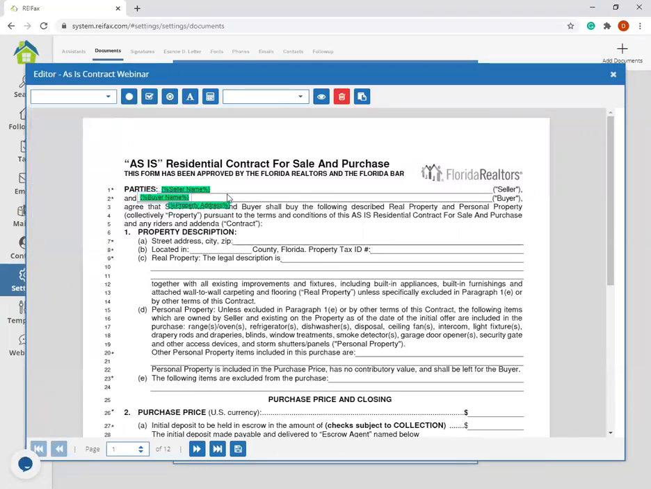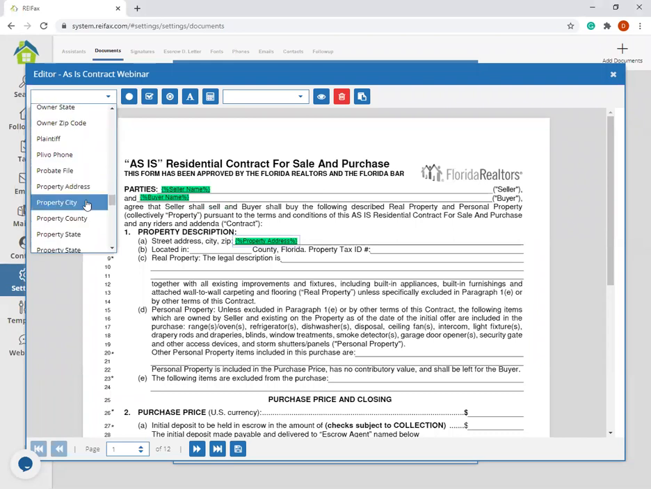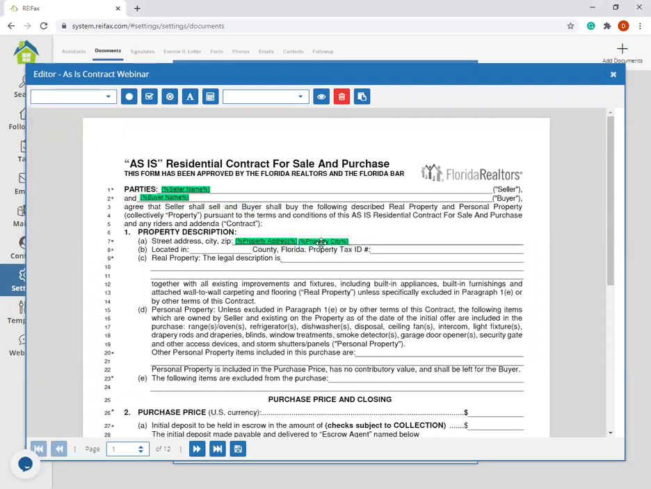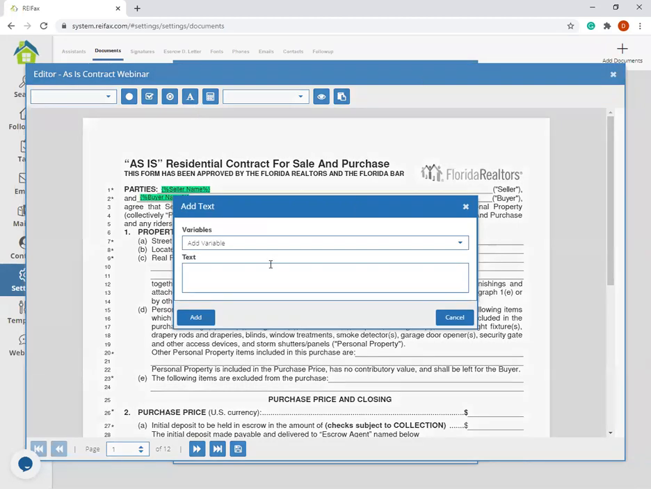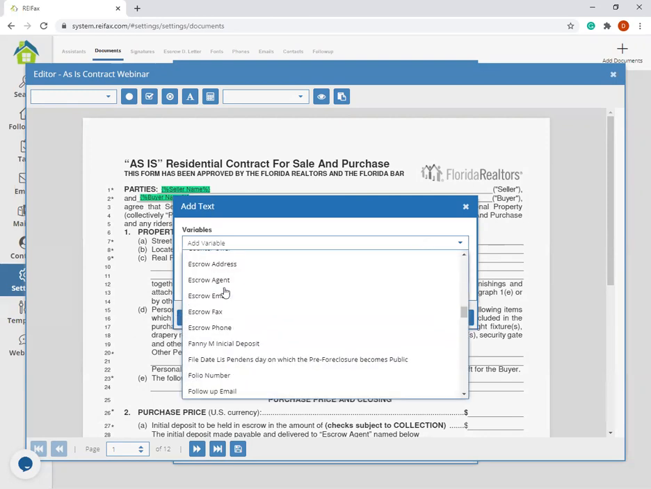If I do this, and now I select property city, I can place it like this, but there is a problem. Maybe because it varies in length, it overlaps one with another. How to prevent the overlapping when you place two different variables? I'm just going to delete those and do it using the add text function. So in here, you can add a default text, or you can add the variables and place it like this. For example, again, select property address,